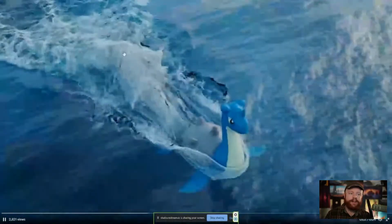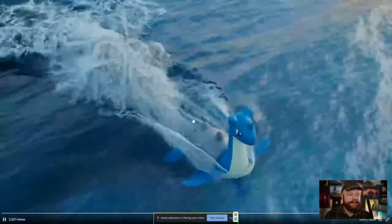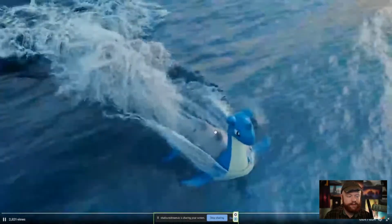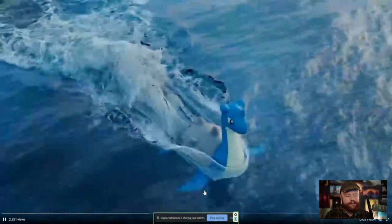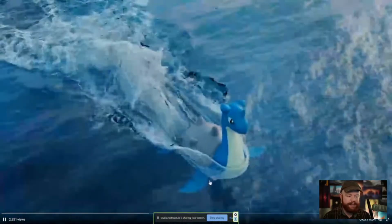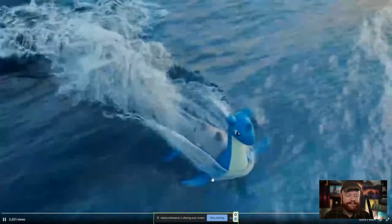I do like the foam. I think it's very nice. And as far as the bubbles, the foam and everything, I think it's working quite well. I do think it would be maybe nice to see some bubbles or something like that along the front fins here,